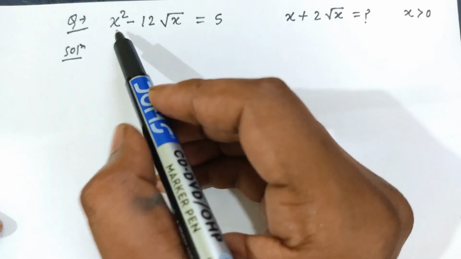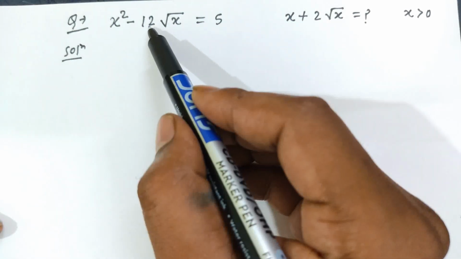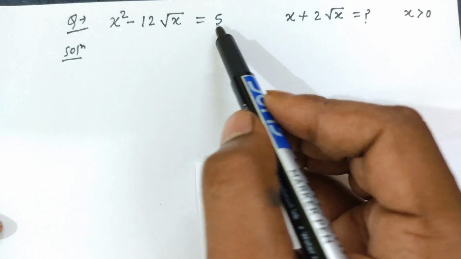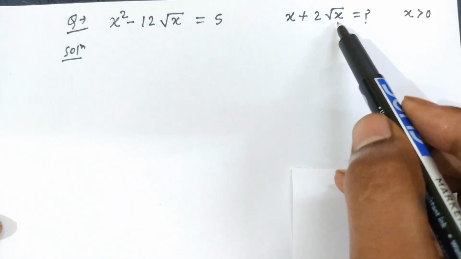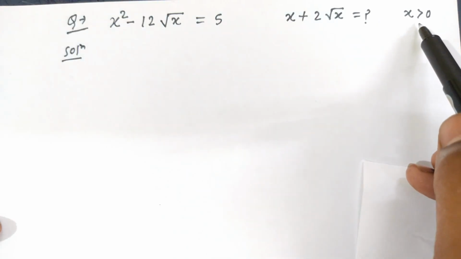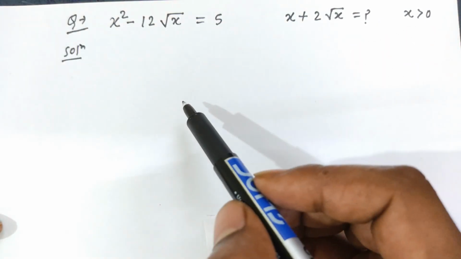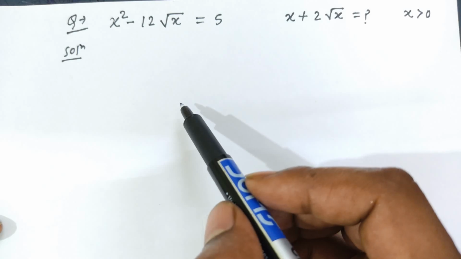हेलो स्टूडेंट्स, तो आज का हमारा क्वेश्चन है x² − 12√x = 5, और यहाँ हम x + 2√x की वैल्यू find out करेंगे, where x ≥ 0। तो देखिए स्टूडेंट्स, इस वाली प्रॉब्लम को हम किस प्रकार से सॉल्व करेंगे।